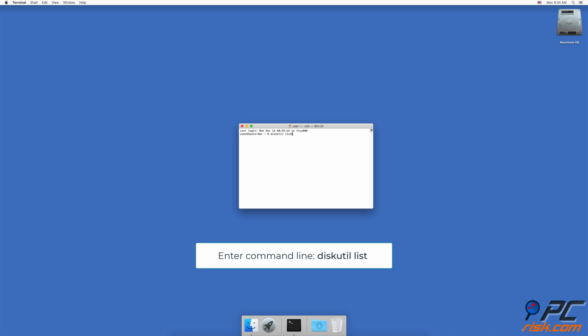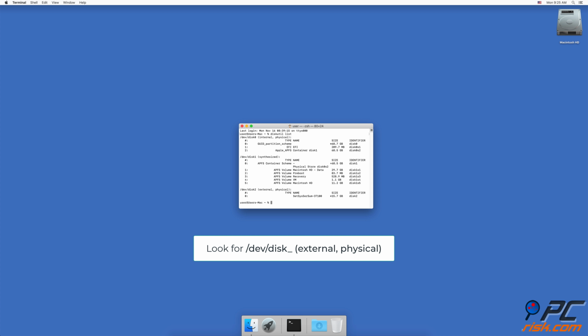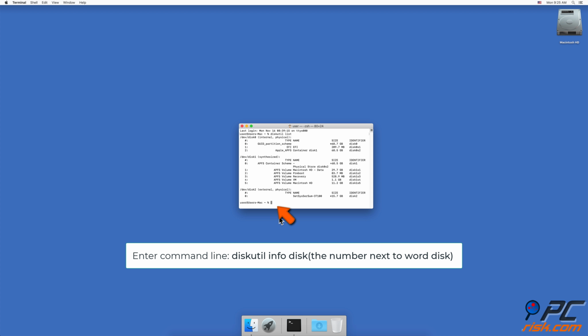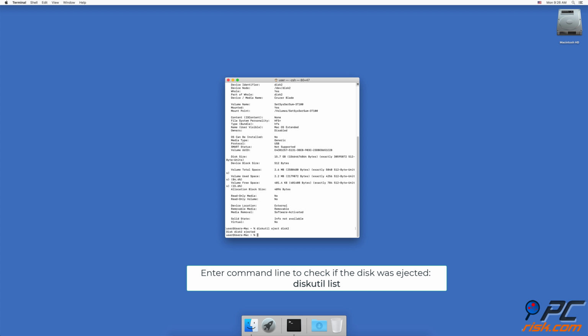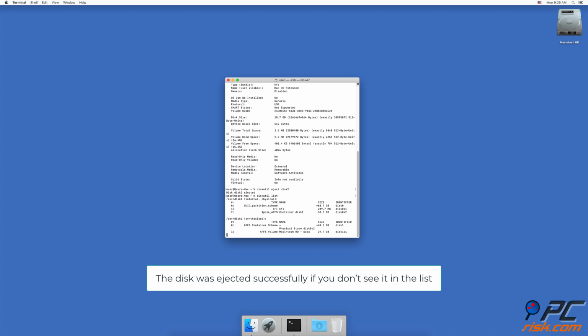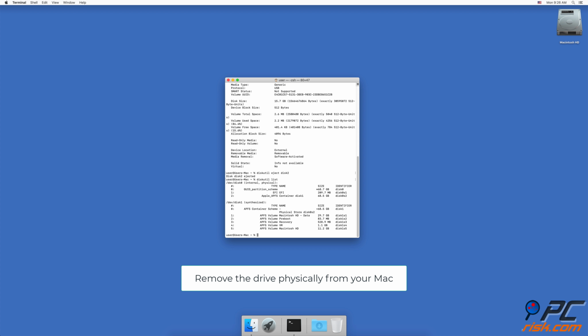The diskutil list command will display the essential information about all available drives and volumes attached. Then search for /dev/disk external physical. Make sure to remember the number following the word disk. In the same Terminal window, enter another command line, diskutil info disk followed by the digit. After that, eject your disk by entering the command diskutil eject disk followed by the digit. After executing the eject command, check if it was removed by entering the command line diskutil list. If you don't see your drive in the list, it means you removed it successfully,